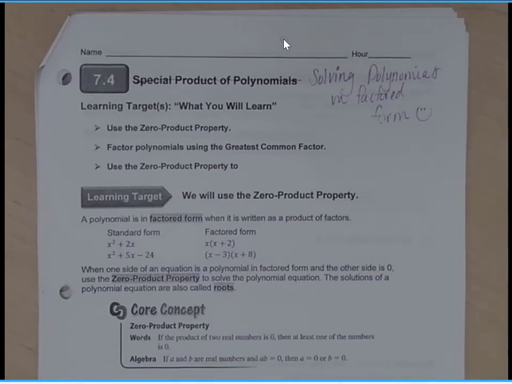Hey, I apologize for the typo at the top of the page. 7-4 is not special products of polynomials. It is actually solving polynomials in factored form. So what we're going to do is take a look at how to solve some of these